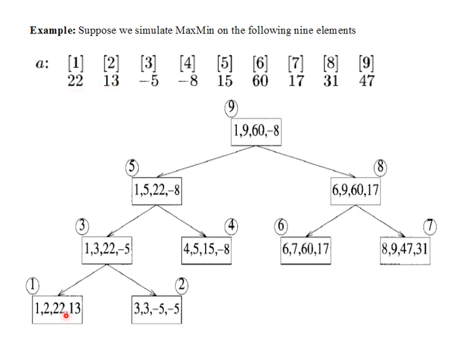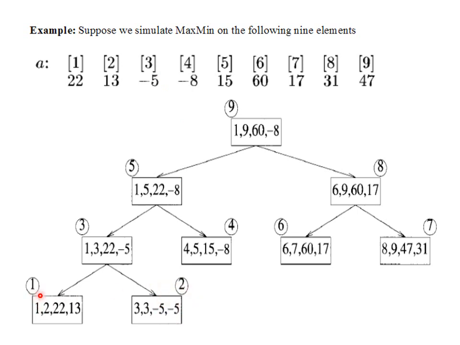So we can see when we divide with 5, we get a sublist, and this sublist. Again we divide it, and we get 1 to 3 as one part, and 4 to 5 as another part. Now again we divide 1 to 3 into two parts: 1 to 2 is one sublist, and 3 to 3 is another sublist. Now 1 to 2, the answer is directly available, so this is solved first, that is why its number is 1, and this is solved second because it is only one item, so its number is 2.